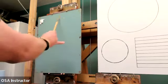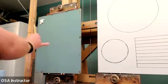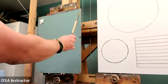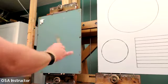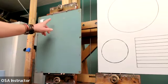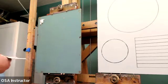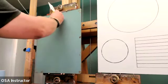Like, oh, I need a little more red. It's in this area. Oh, the blues are going to be in this area. The yellow's there. And I used to have my white on the right, but I've moved it to my left, and I find for some reason that's easier. So you may want to experiment with how you set up your colors. I set up my colors as if they were a color wheel, and in the same order that I would put them out on a color wheel,